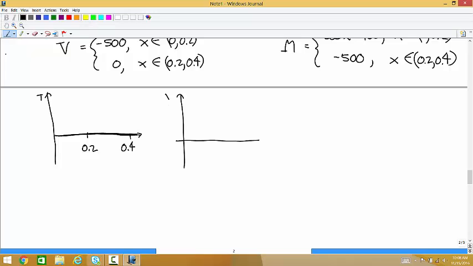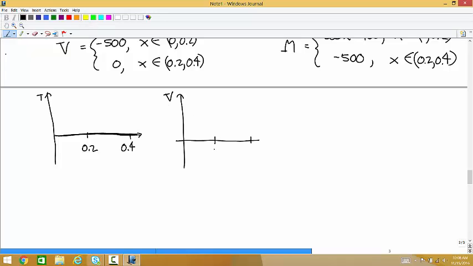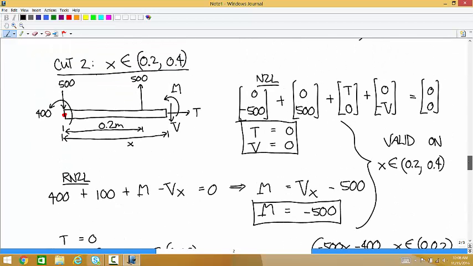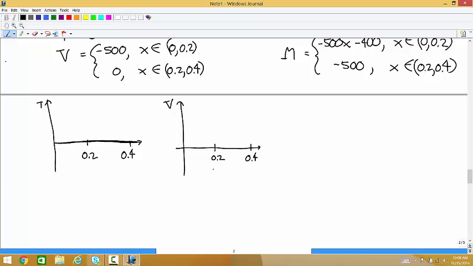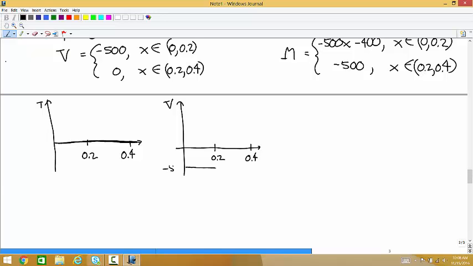And then the shear force. We had a value of negative 500. And then it jumped to a value of 0. And then the bending moment